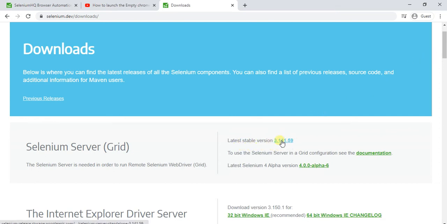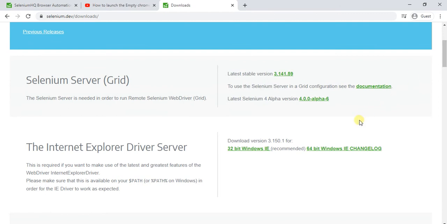You will click on it and download from this website. And also we are going to download the IE driver. There are two options available over here: 32-bit Windows IE and 64-bit Windows IE. So I have already downloaded the 64-bit Windows IE.